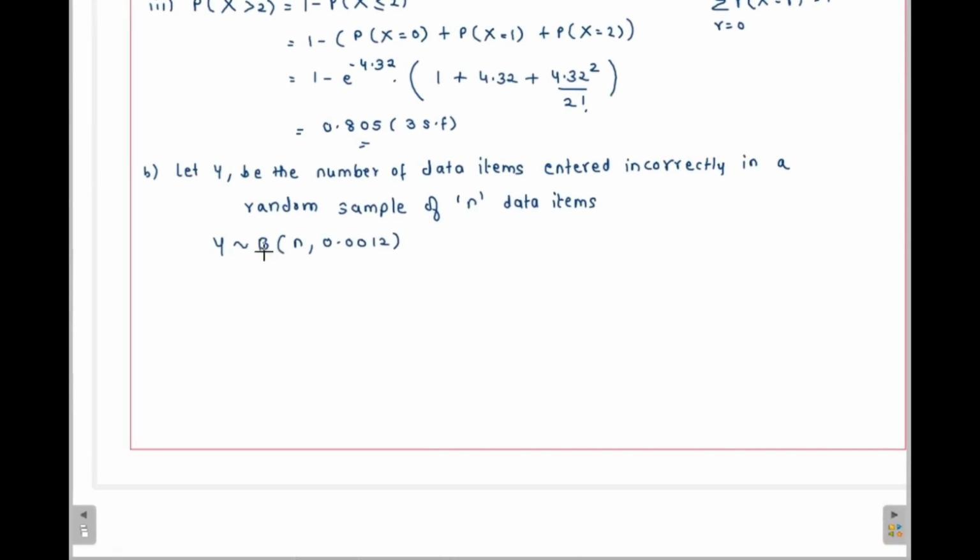Now we will have to approximate this, because I don't know the value of n, but they are saying n is large, so we can approximate this directly. We can say that therefore y, which is following a binomial distribution, can be approximated by a Poisson distribution, that is y follows a Poisson distribution with the parameter n into p, that is 0.0012 n,